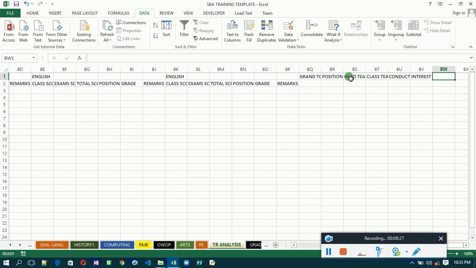So you see English is first. So English grades. English grade. The reason why we are creating this one is we are going to use this section to calculate the aggregate. So if you are not going to do the aggregate, that means you don't need this section that we are doing. So you need it if you want the aggregate. So we have the English aggregate, then